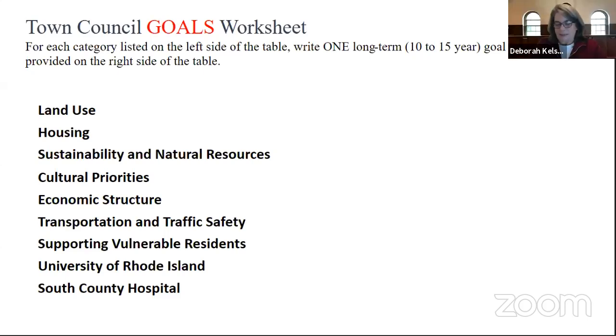Is there a list somewhere of what properties have restrictions on them? Yes, I'd love to see that. I think about this a little bit differently. If we wanted to rent the Village Green to a fundraising group, and they were going to sell beer and wine and have a concert, I don't have a problem with that, but I would like to know, is it the Village Green? How many properties have restrictions on them because they were gifts? And what are those restrictions?